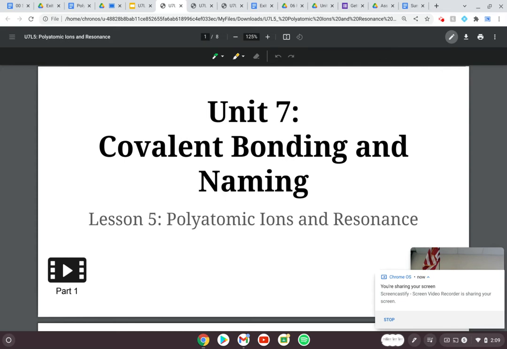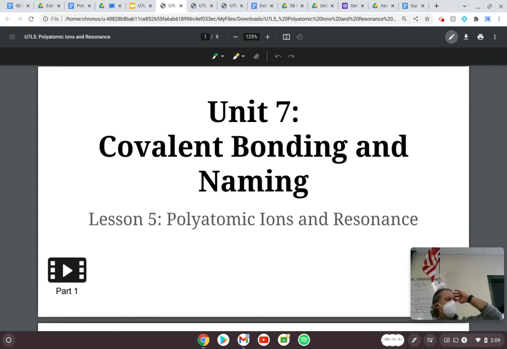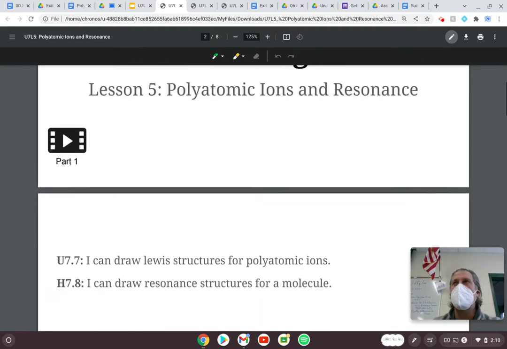So today we're going to talk about how to draw Lewis structures for polyatomic ions, and then we're going to talk about something called resonance structures. Most of this stuff that we're going to talk about today is kind of a review of the things that we've already talked about, just one or two more wrinkles added to it. So moving on,